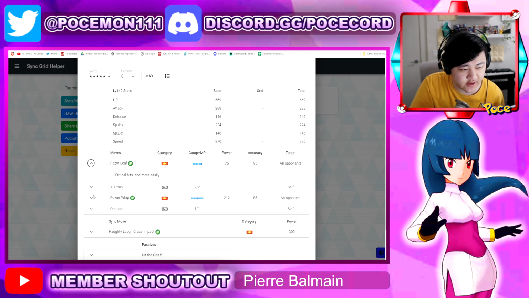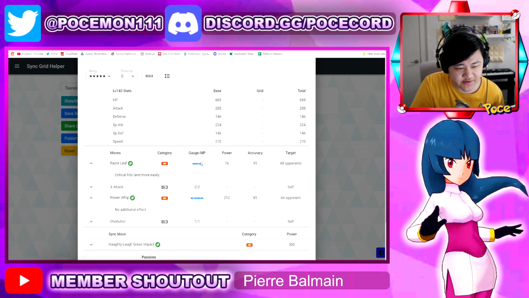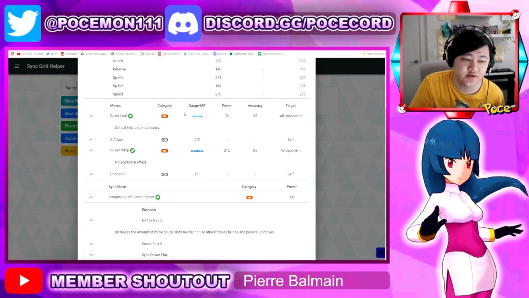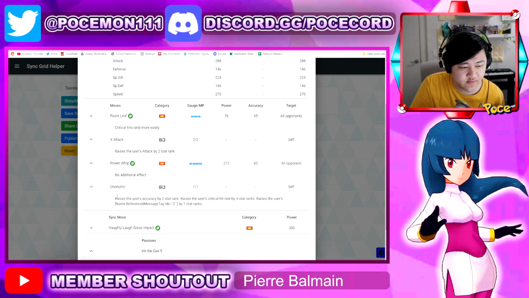So you have Razor Leaf and Power Up. If you're wondering why it's 3 gauge, why it's 4 gauge, it's because you have Hit the Cast 5, which increases the gauge by 1, but also gives an extra 50% more power, which is actually very good, right? That actually makes it much more powerful. And then you have X Attack over here,